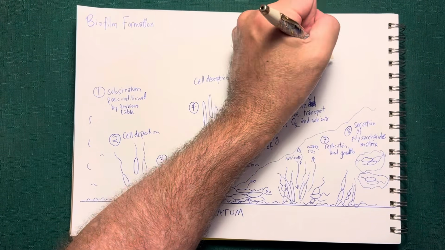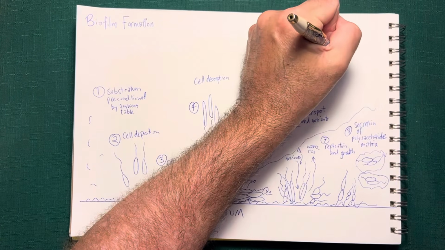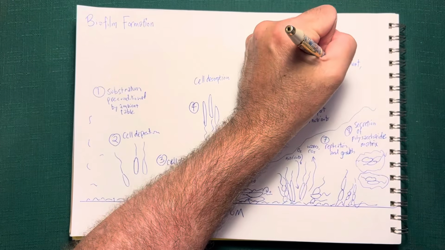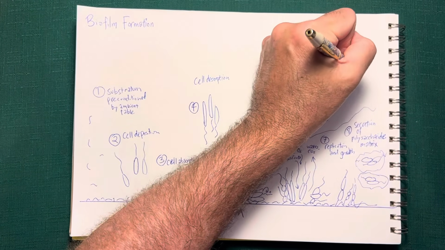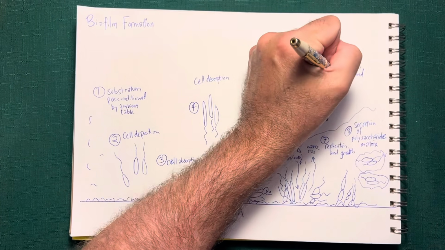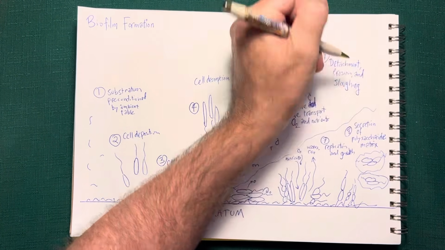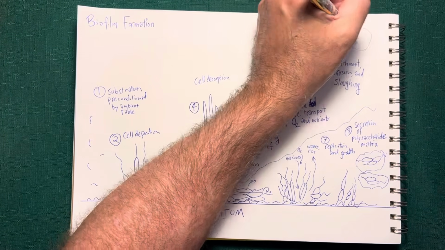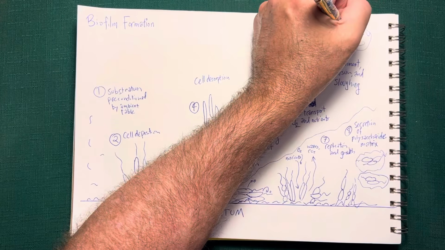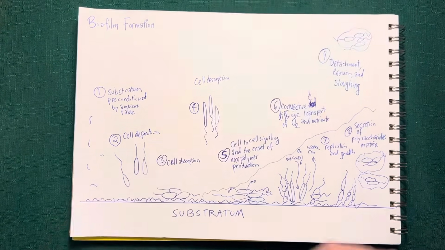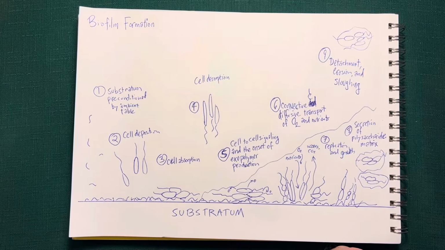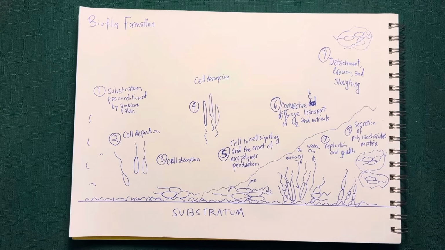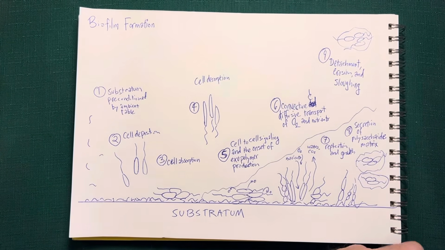Step 9 is going to be detachment, erosion, and sloughing. Which basically means a chunk of the biofilm is going to break off with some of its polysaccharides, its exopolymers, and a few cells in there, and that piece can go on to colonize somewhere else, some new substratum, which is primed by the